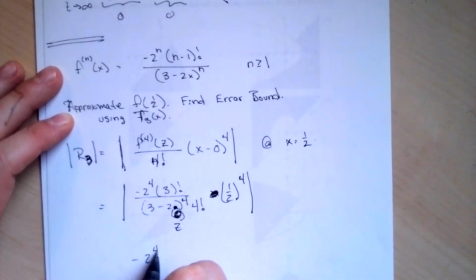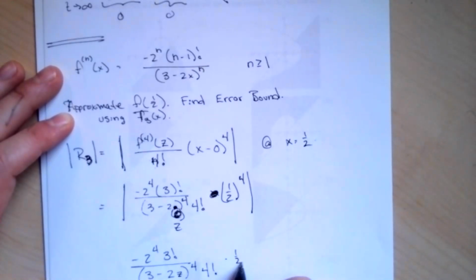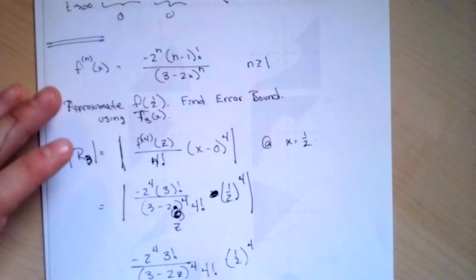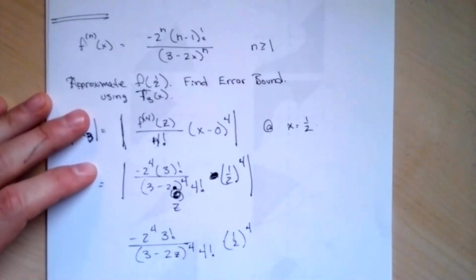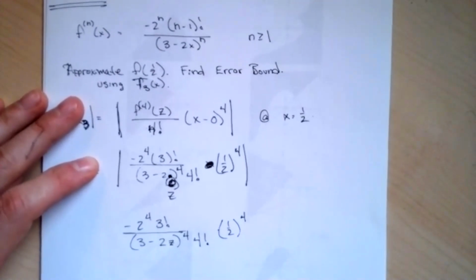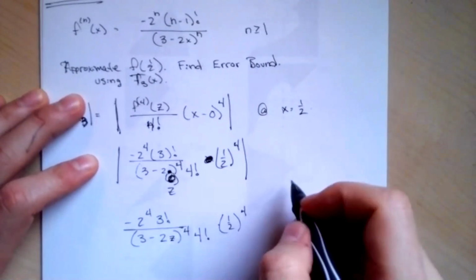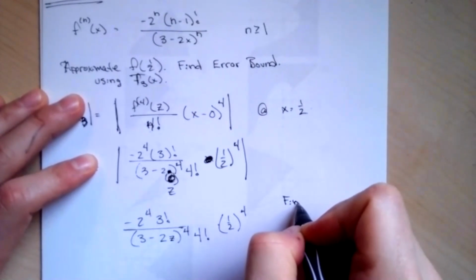So minus 2 to the fourth, 3 factorial over 3 minus 2z to the fourth. z is our specially chosen z value. So that z isn't necessarily 1/2. Could be, though. And so we want to find z